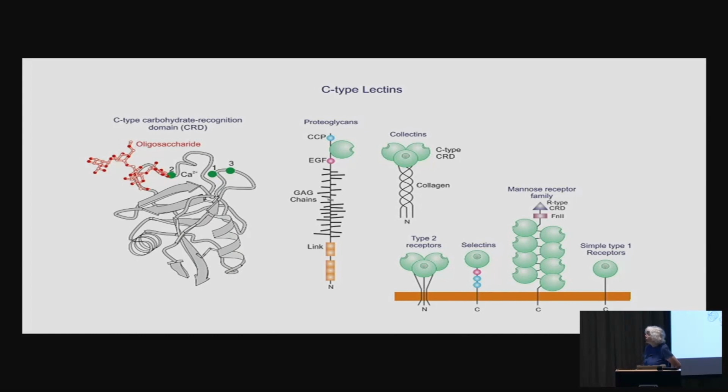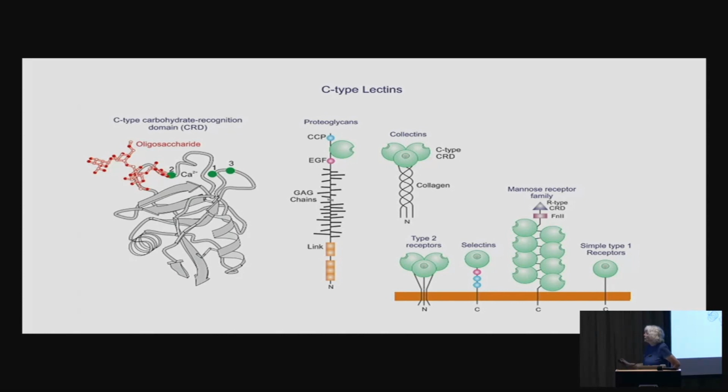All of the C-type lectins contain a domain that looks like this, and in this case the sugar binding is calcium dependent. So the oligosaccharide ligates directly to a calcium ion and additional protein residues. The C-type lectins are the largest group of animal lectins, and you find the C-type carbohydrate recognition domain in association with a lot of other different types of